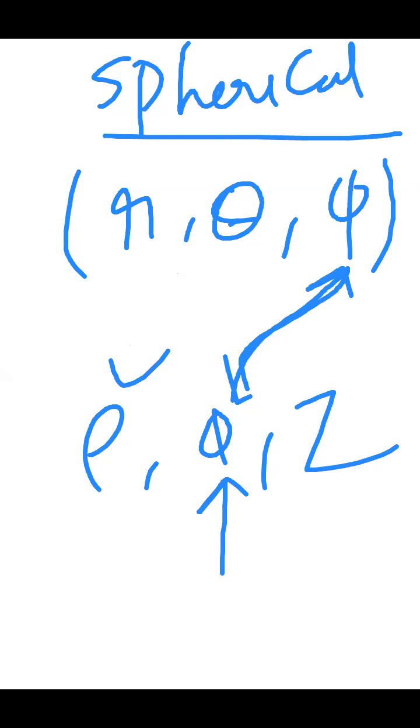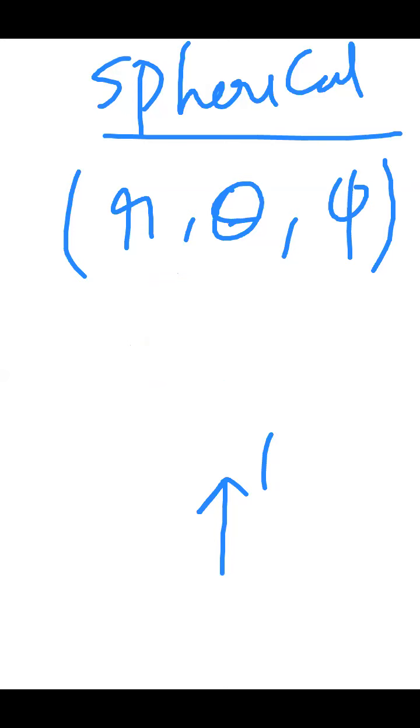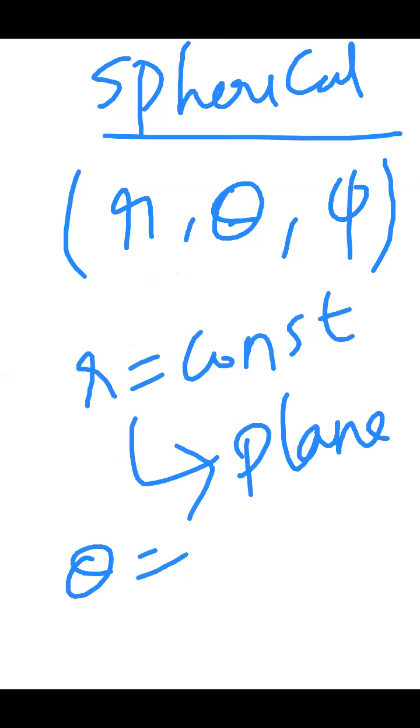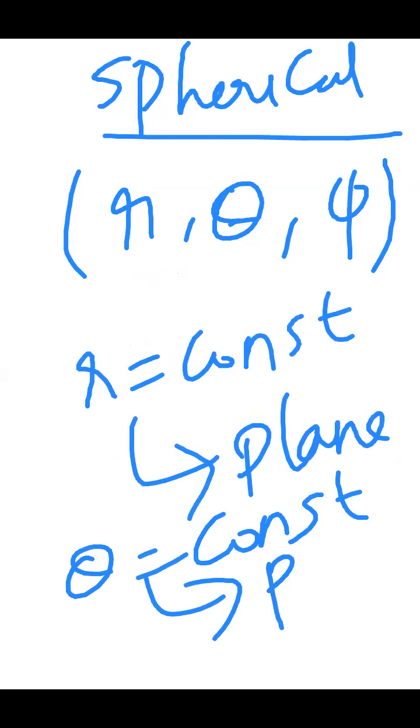Based on our previous understanding, if r is equal to a constant, it has to give you a plane or some surface. Again, if theta is equal to a constant, it also will give you a plane. The intersection of these two has to give you a line. The line may be a straight line, a curved line, a circle, a perpendicular line, or a horizontal line.